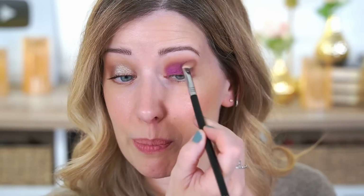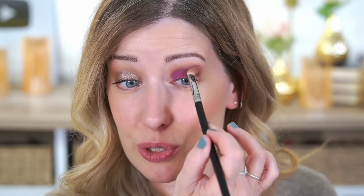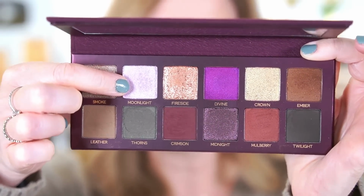Honestly, these shadows have all been so easy to work with. I haven't had any issues so far. Everything is blending like silk. I haven't had any patchiness issues at all. It's just beautiful. Next, I wanna pick up this gorgeous lavender shade Moonlight, and I'm just gonna wet that with